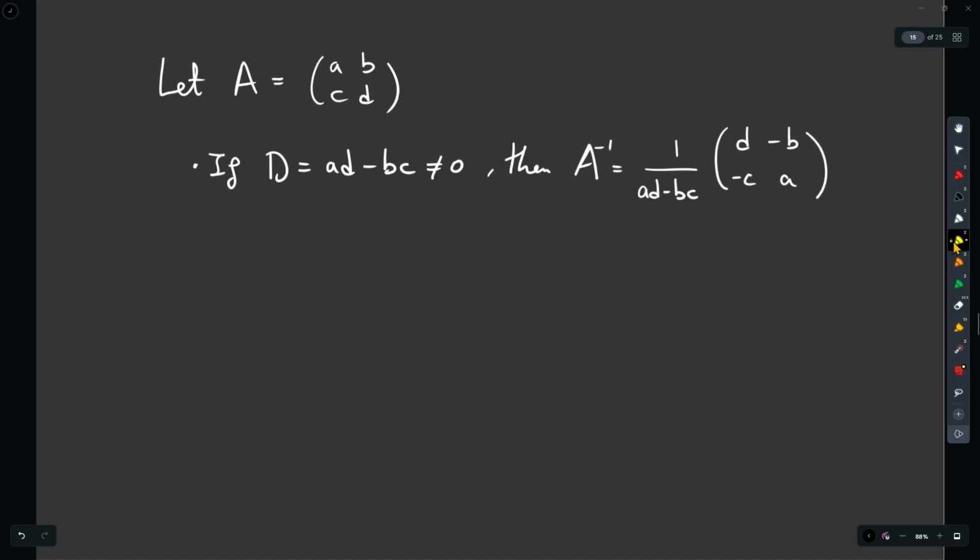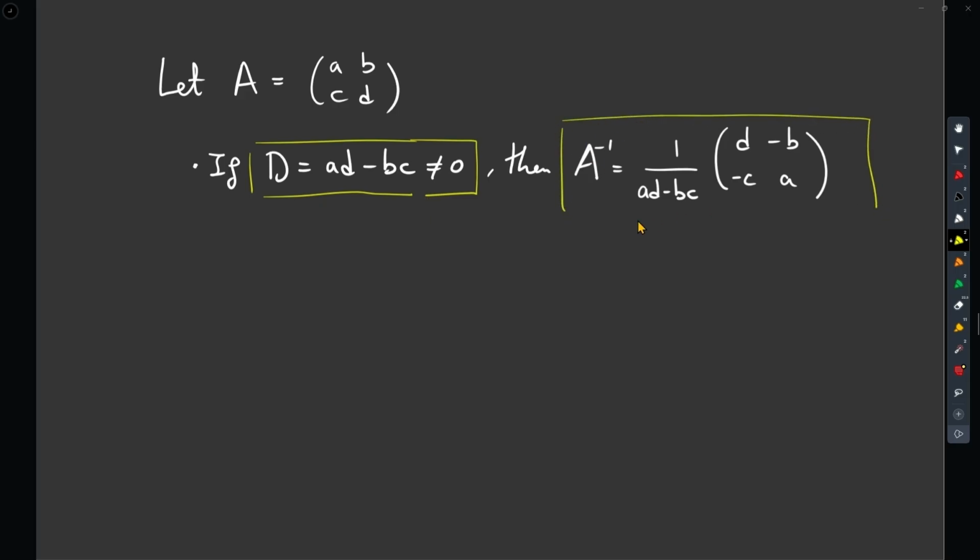Just remember that if you have a 2 by 2 matrix A, B, C, D, then there is a criterion for invertibility of that matrix, which is the following. If you define D to be AD minus BC, then if that quantity is non-zero, there is a formula for the inverse matrix, which is given by this expression. So that number right there determines whether the matrix is invertible, and that is an important quantity, which is called the determinant